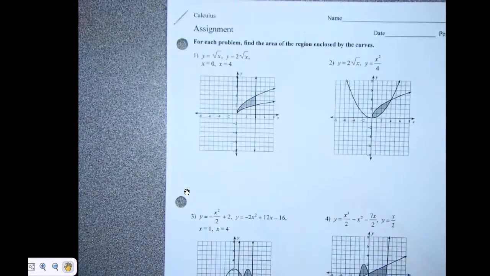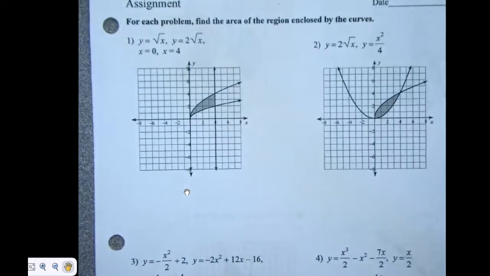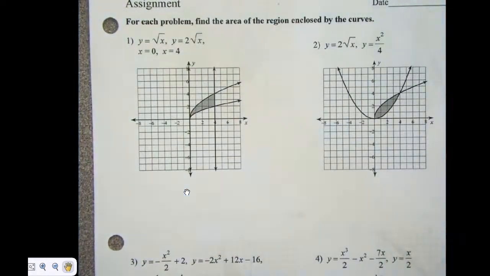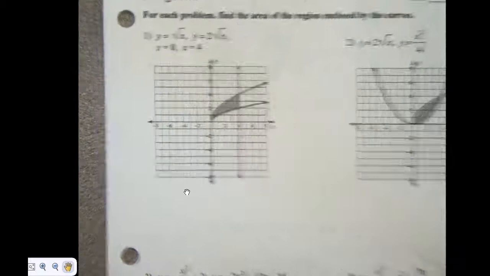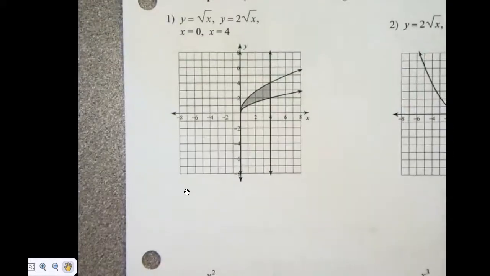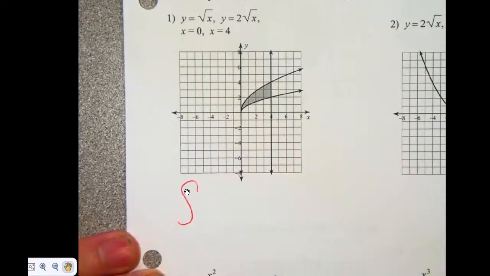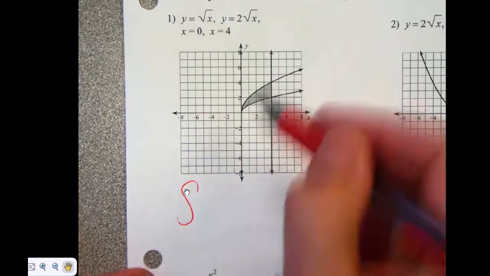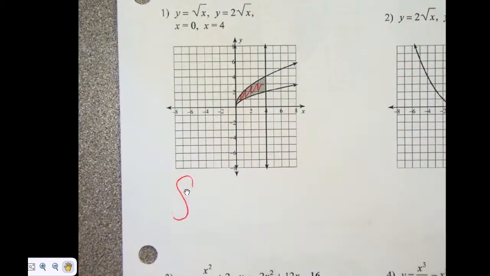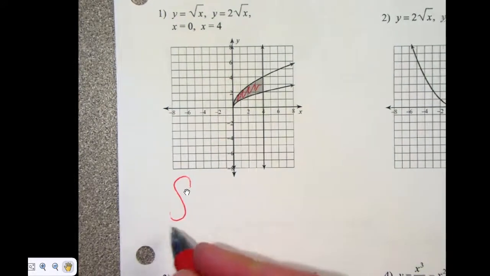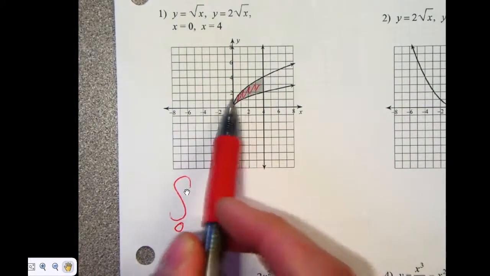So I'm going to go through 3 examples with the graph. But as you're doing these ones with a graph, keep in mind that you do have to know how to do them without a graph. It's easy when I give you the picture to set up the integral. So I'm looking at this shaded space in here. What is the leftmost x value for that space? It's 0. It goes all the way over to 4.